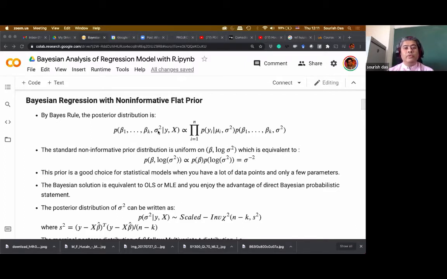So we want to do statistical inference on these parameters. From a Bayesian perspective, we need to develop this posterior distribution. So given the data, what is my data? The data that I have is only y and x, the y vector and the x matrix. That's all I have. So given y and x, I want to develop a posterior distribution of beta 1 to beta k and sigma square. That's what I want. So the posterior distribution will be proportional to